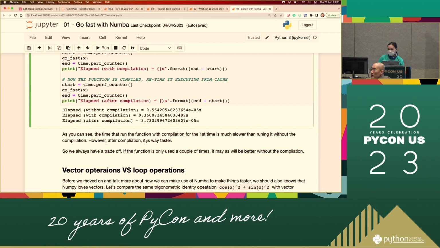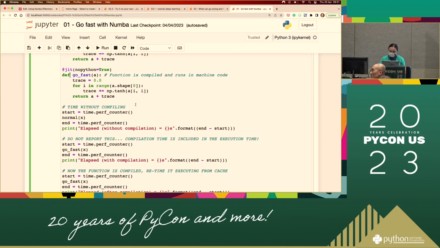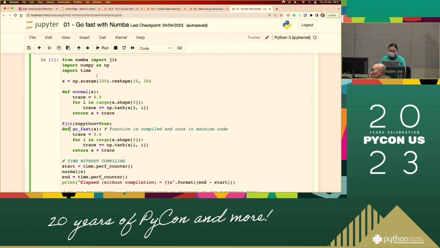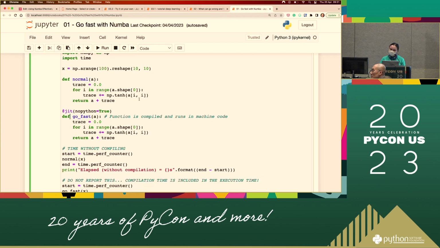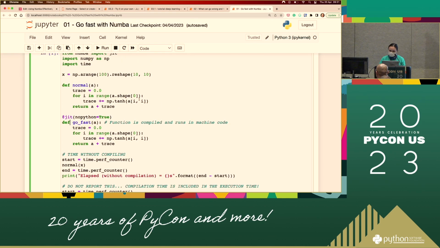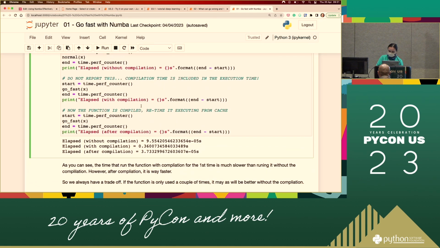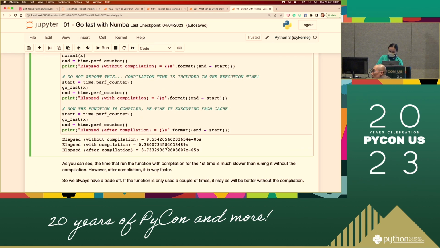The first time go fast is called, X has only integers. Suppose that you call go fast the first time with X having just integers. The second time you have floating point numbers. Is it going to be fast? You mean the second time, comparing? You have the same X in terms of size or whatever. Suppose that you have floating point numbers. What are you going to do?